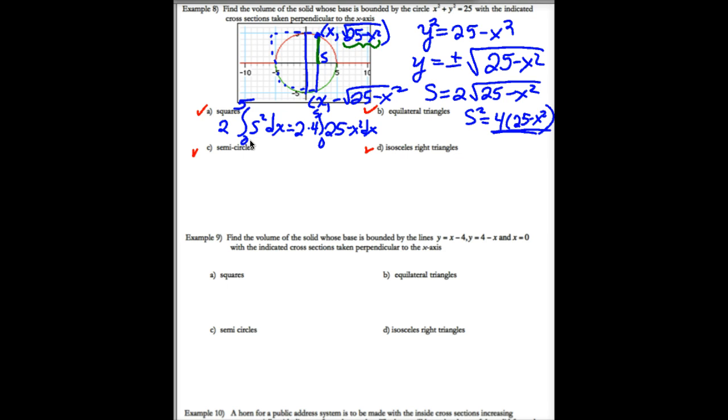What if I was doing semicircles? Well, it would be pi/8 times, that would be my multiplier, the integral from -5 to 5 of s squared dx. Or I could go 2 times the integral from 0 to 5 of s squared. And again, I've already taken s and squared it over here, so that's where this is coming from. And I'd go Math 9 that, but you might want to take your constants out front. That's going to cancel, so that would end up being pi times